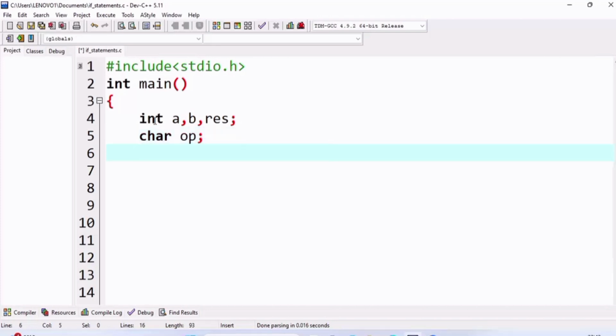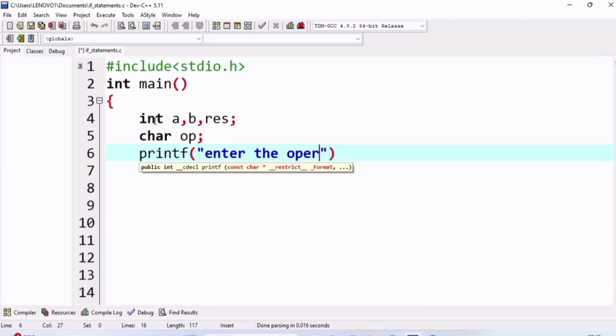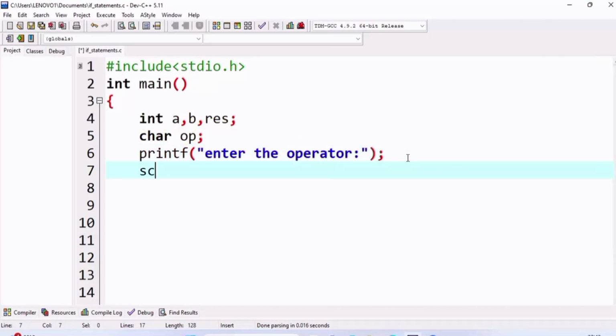We are asking the user to enter the arithmetic operator: printf "Enter the operator". Then scanf